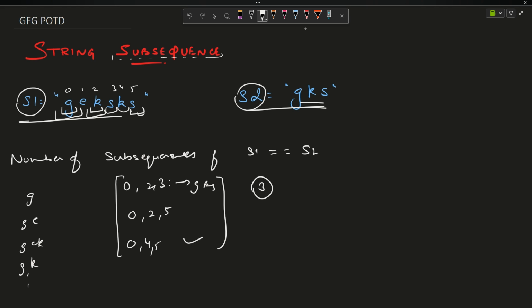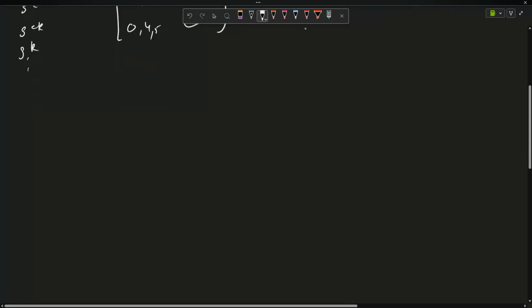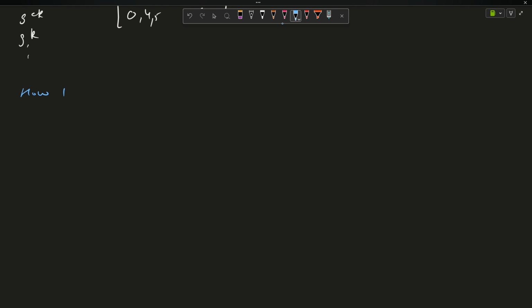The problem is, how will you solve this? So we already know how to take the subsequences, right? We have knowledge of how to figure out all the subsequences. The answer to this is the take not take approach, right? Take not take approach, which uses